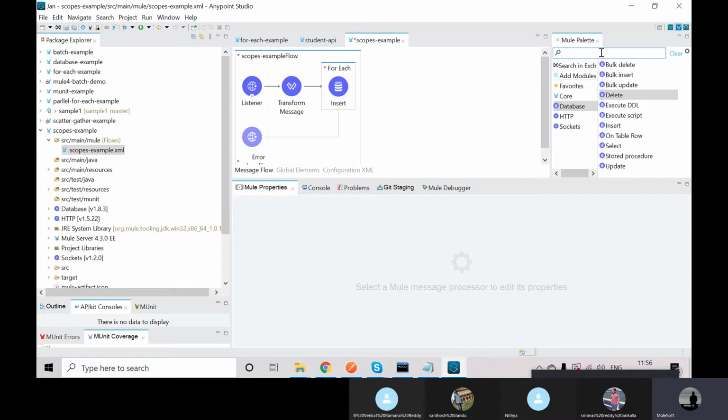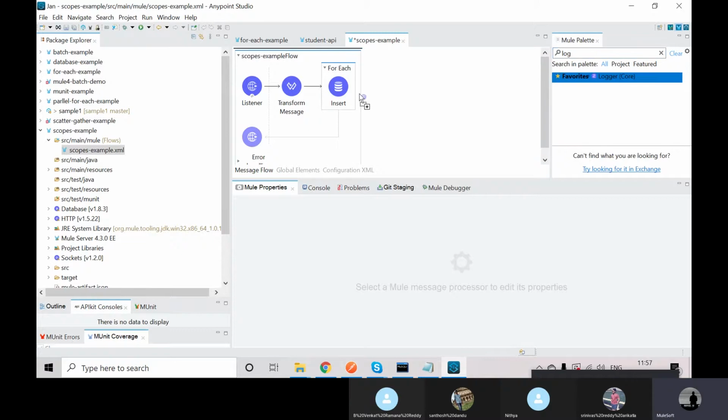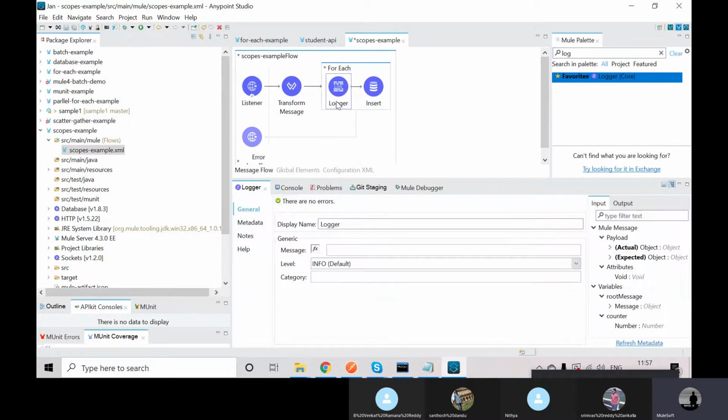Now you can see I'll place one logger here inside the database, inside for each. Inside for each payload.